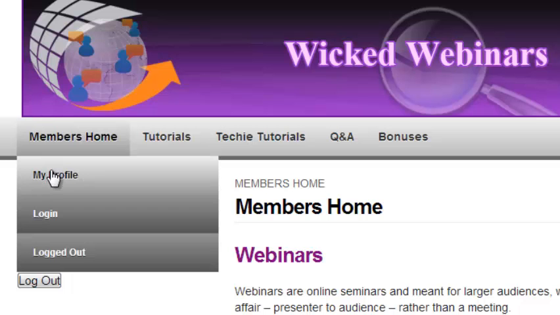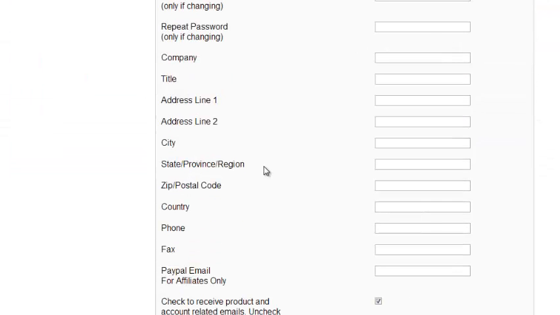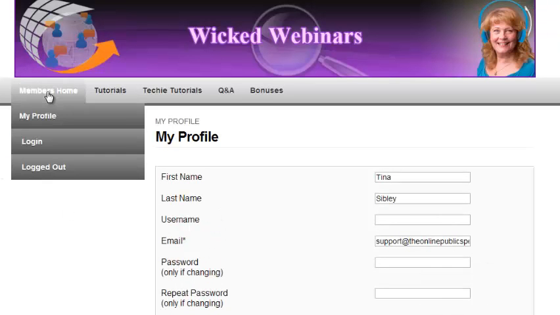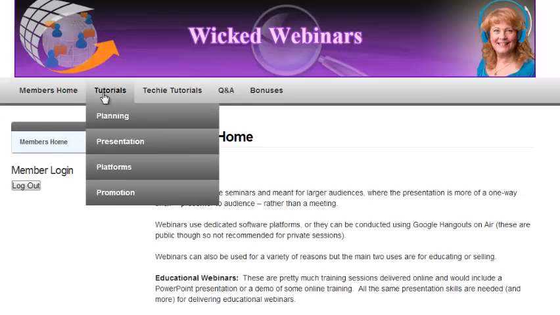But under the members home there is a profile where you can go in and put your details. Now this is obviously a great place where you can change the password to something of your choice rather than the automatic password that is generated for you. Alrighty, so that's just some of the domestic details, and the next thing, the important stuff, is the tutorials